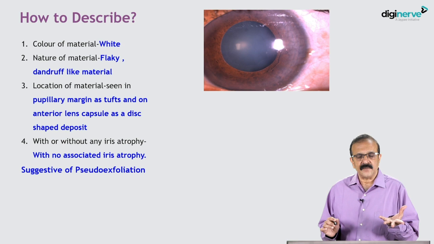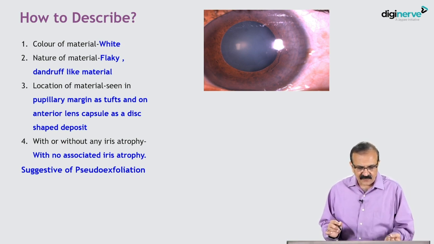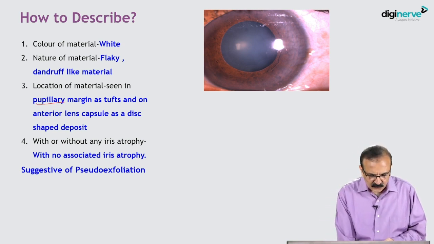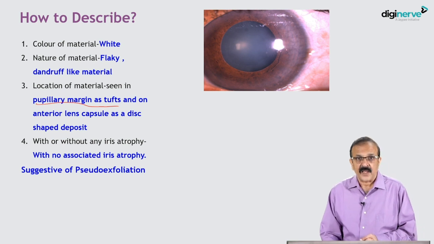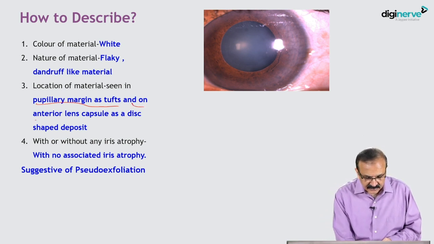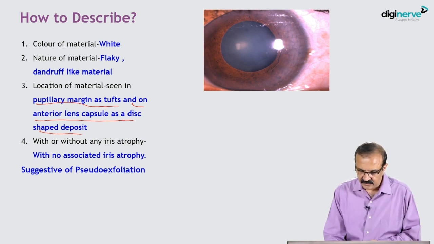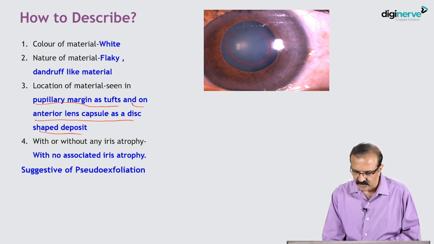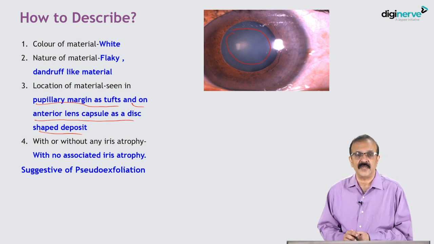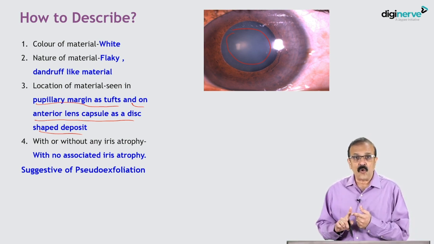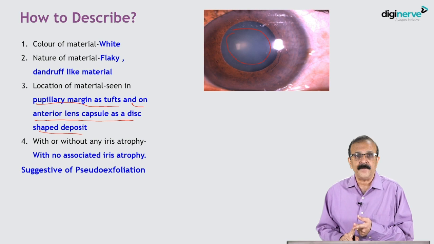So it's white, flaky, dandruff-like material seen in pupillary margin as tufts and on the anterior lens capsule as a disc-shaped deposit. See here, you see that on the disc-shaped deposit on the lens capsule with no associated iris atrophy,